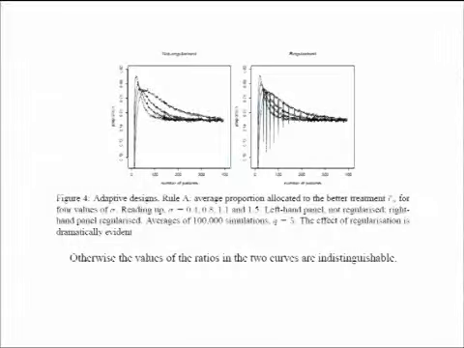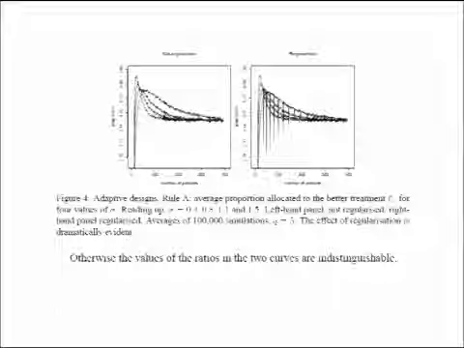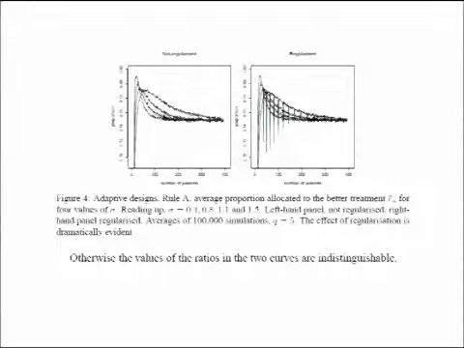These plots are the proportions allocated to the better treatment for each value of n, not how balanced, not the ratio in the whole trial, but for each n, how many patients get allocated over a large number of simulations. These are non-regularized. These funny little blips here, of course, are the effect of the regularization. Some of the trials have got too unbalanced and are being corrected. So treatment 2 is allocated rather than treatment